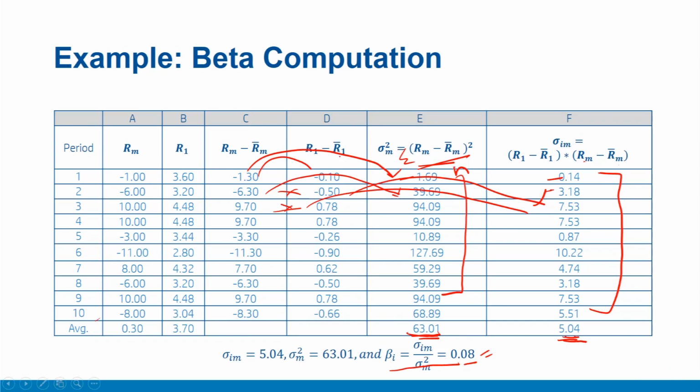the security or portfolio. To summarize, in this video we understood the concept of beta, which is the sensitivity of a security to the market movements and a very important measure of the risk of that security. This represents the sensitivity of the security to the market movements and therefore the contribution of the security to the portfolio risk. We also understood that this beta can be calculated by regressing the security returns on market returns, and the slope coefficient on the market variable is this beta. Mathematically, this is the covariance between security and market divided by the variance of market. This is our beta for that security or portfolio.